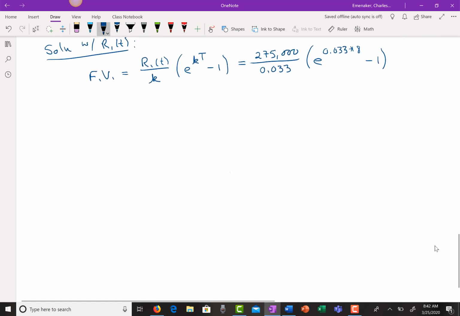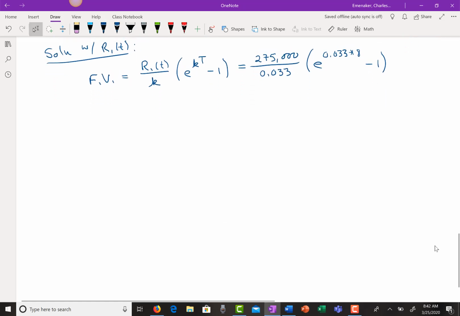Okay, so remember, first off, this is the future value. When you compute this with your calculator, and be sure you can actually do this with your calculator, what this says is in 8 years' time, that income stream will have accumulated to a total of about $2.5 million. So over 8 years' time, we're looking at a little over $2.5 million of total accumulated